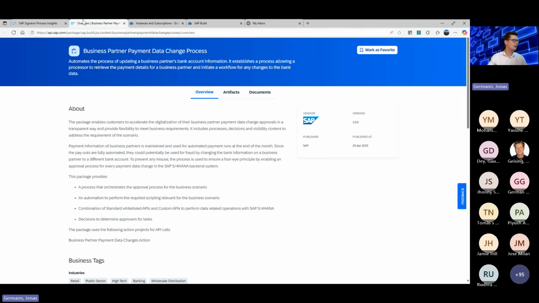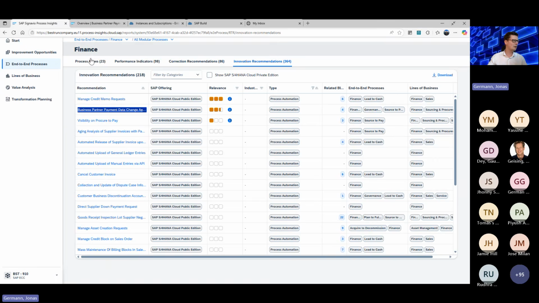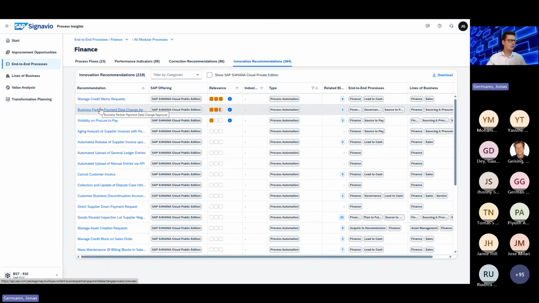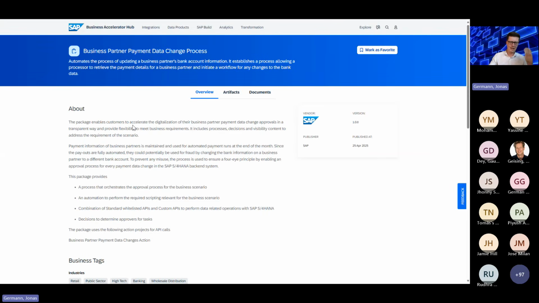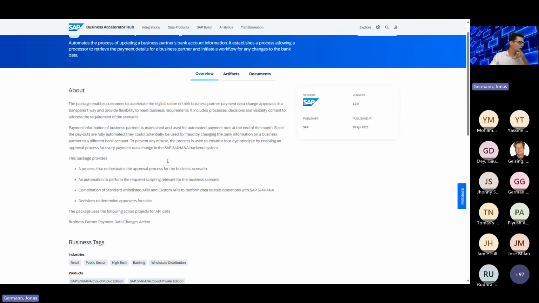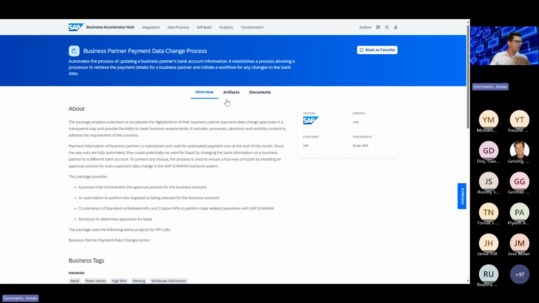In this case, SAP Signavio Process Insights tells me, okay, this is a topic which is related to 4 blockers in your SAP ECC on-premise system. So if you work on this, you can improve the data quality, you can improve the process time, the time you need. And what can I do now? Because normally the demonstration would end right here. What can I do with the business partner payment data change process? How can I improve now? Okay, you tell me there's a problem and this is the description of the problem. I tell you now what to do.